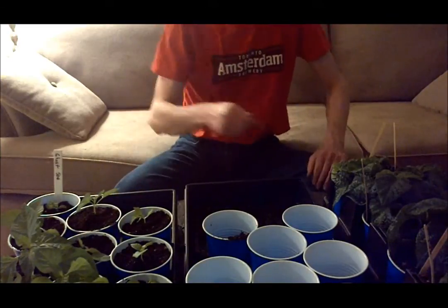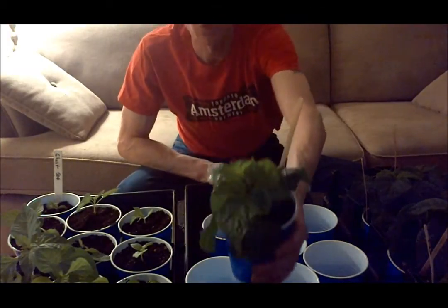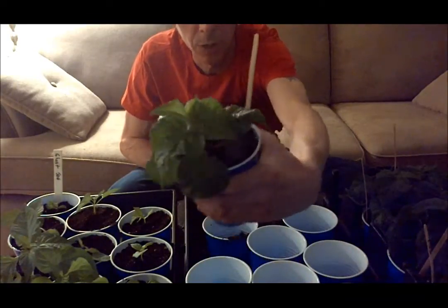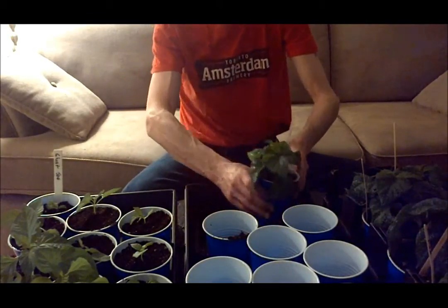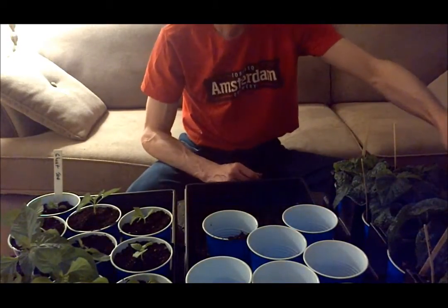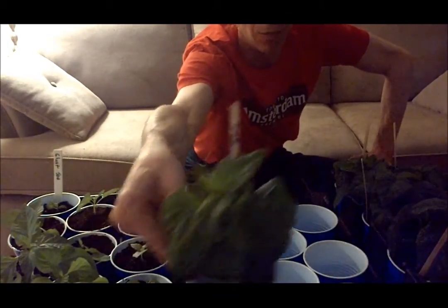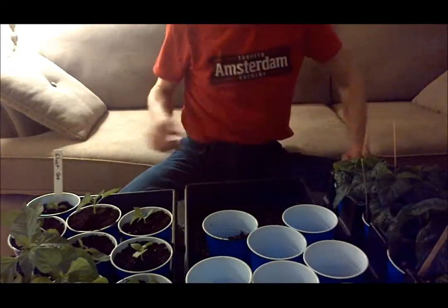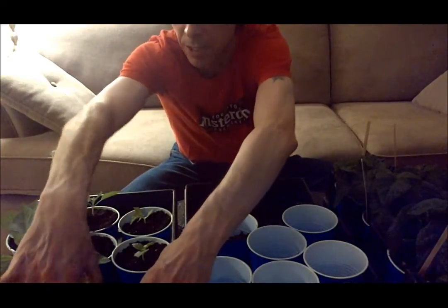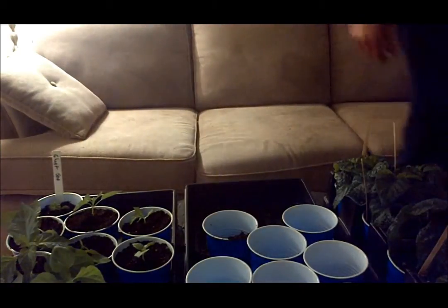So what I want to do is just show what happens in a grow room. In a grow room you get short, very, very green, that's a Butch T. All your plants are going to end up being very healthy because, again, all you're doing is growing roots. The rest of the time, you're just growing the leaves. And there's nothing wrong with growing leaves. There's no harm done there. But what you have to do is make sure